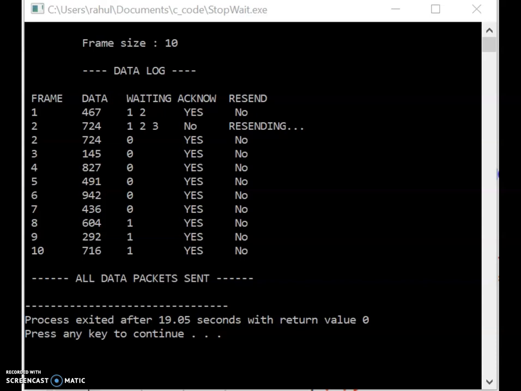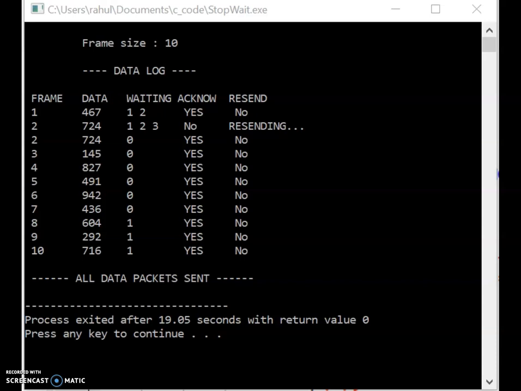In this experiment, we are going to logically create the stop and wait protocol and show the output. First we see the output, how it's working. We are going to simulate the behavior of the stop and wait protocol. The first condition is that the sender node sends one packet, then it waits for an acknowledgement.